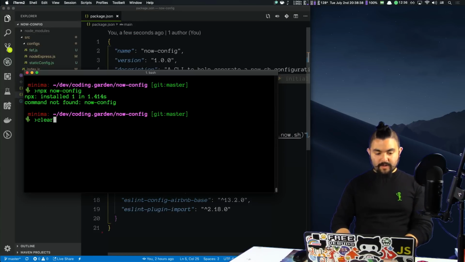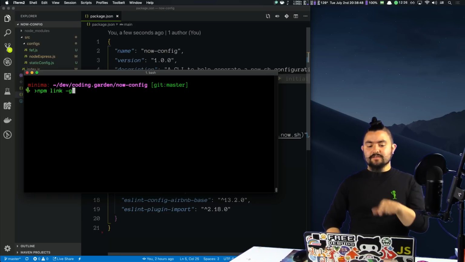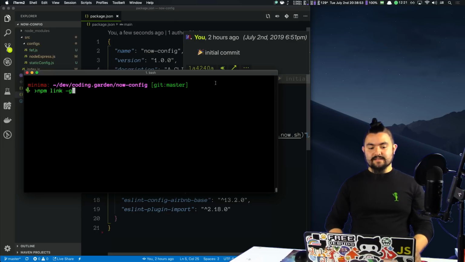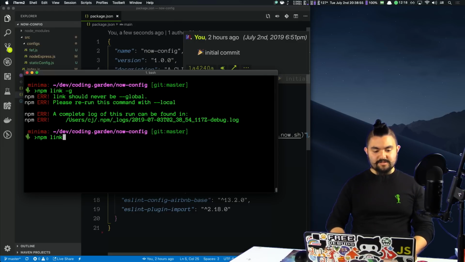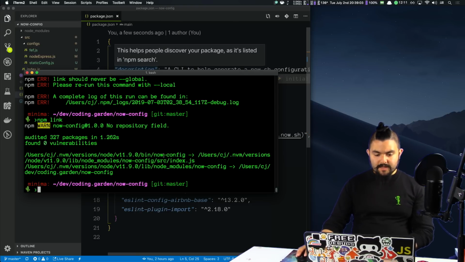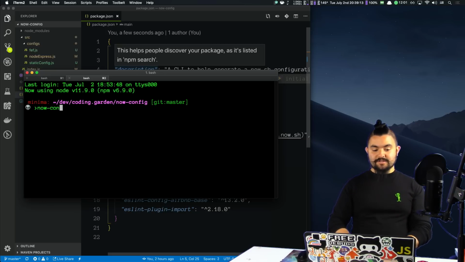Cool. One way to test this out is to do npm link -g, I think. I don't know if the -g is necessary, but what this will do is install this globally, but it's going to install the current directory that I'm in, and then we can test it out. Link should never be global, so let's just do npm link. Okay, so it put it in my path, and it's pointing here. So because it's now in my path, if I do now-config,